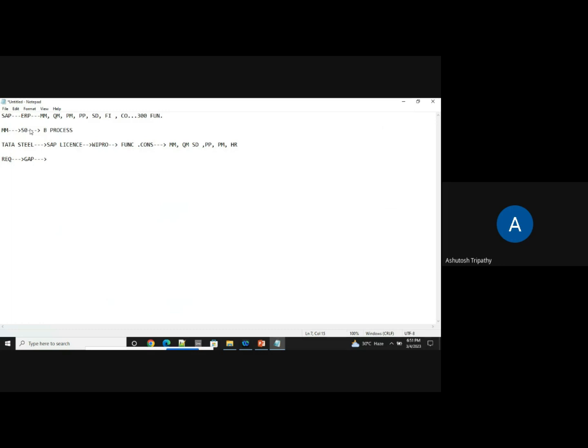So this gap has to be designed, because Tata Steel bought SAP with the expectation, these are the things I want. But I also have some other requirements or other features that I look for, but that is not catered by SAP. Now this is called your gap. Now this gap has to be filled up by an ABAP consultant. How? With the expertise of the functional folk and the coding knowledge of your ABAP resource.